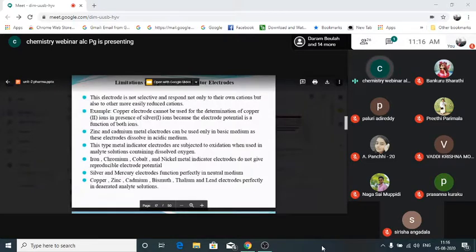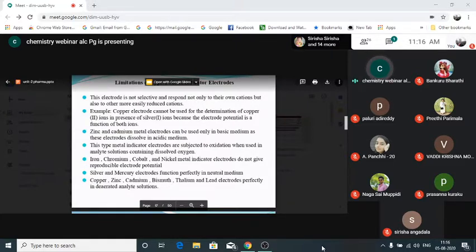And finally, what will happen? You will not observe any kind of electrodes. For example, a copper rod is present. The copper rod is attacked by oxygen. Suppose oxygen is going to oxidize your copper rod, then what will happen? The copper rod contains what? Copper atoms. If the copper atoms present in the copper rod undergo oxidation, what will happen? Copper atoms will be converted into what? Copper ions. Is it clear?